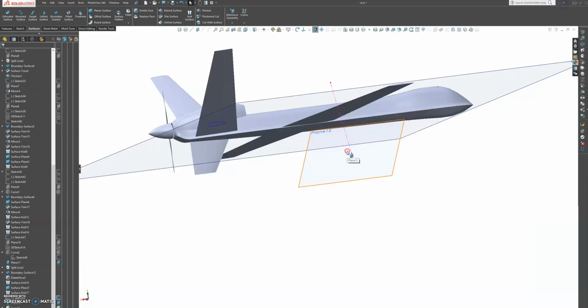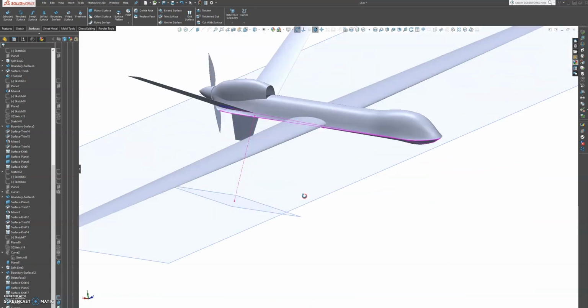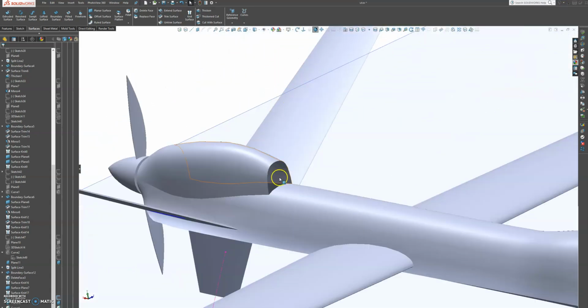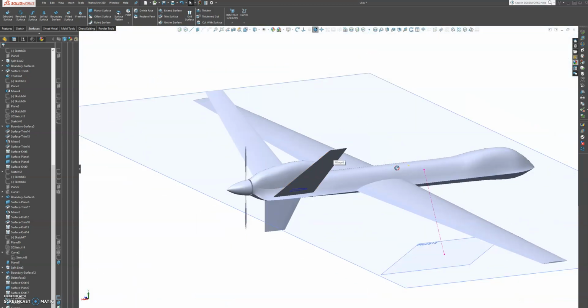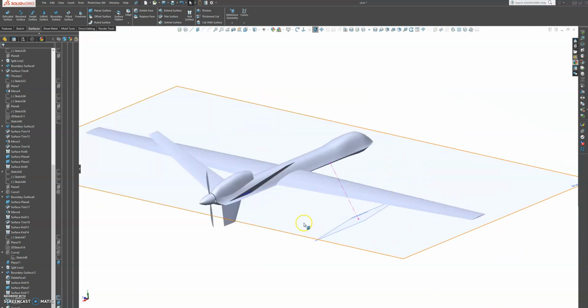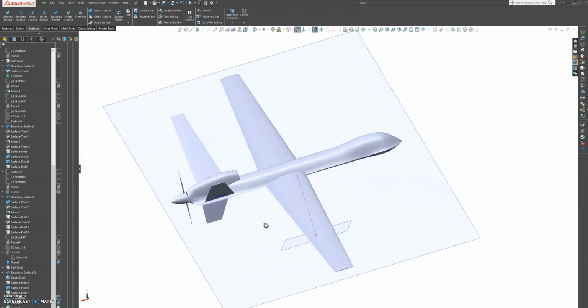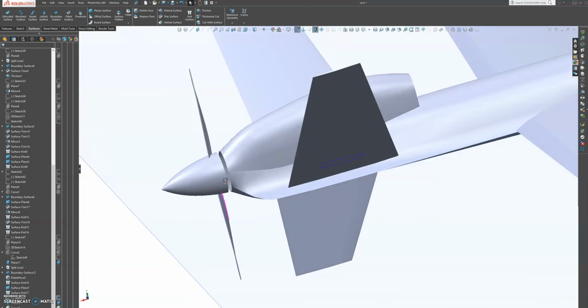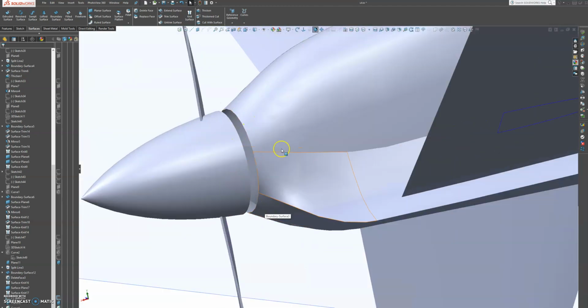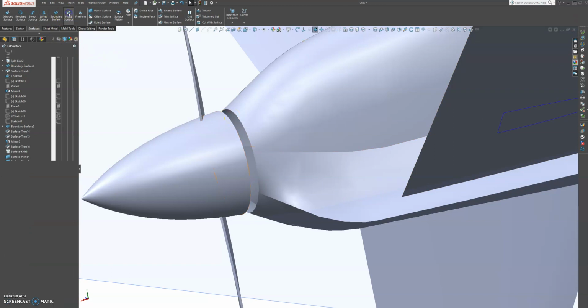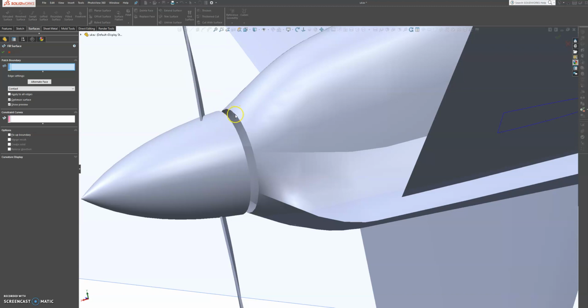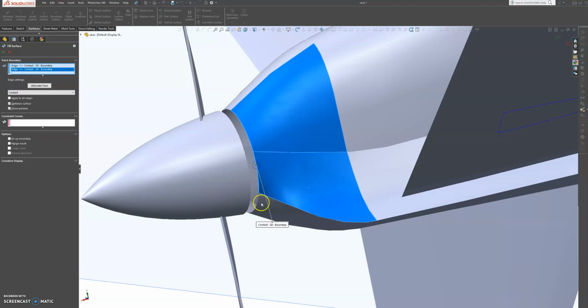But before we go any further, we're going to turn this model into a solid body, and as you can see it's all hollow, and after we can work with it. But for now we're going to turn it into a solid body, and the best way to do that is to make sure at the very beginning of your design that all your surfaces are actually one surface. So let's start. So we need to close this section off in order to create solid, and at the other end as well. So the approach we're going to use is we're going to go to fill surface, and we're just going to simply select these edges, and it will highlight